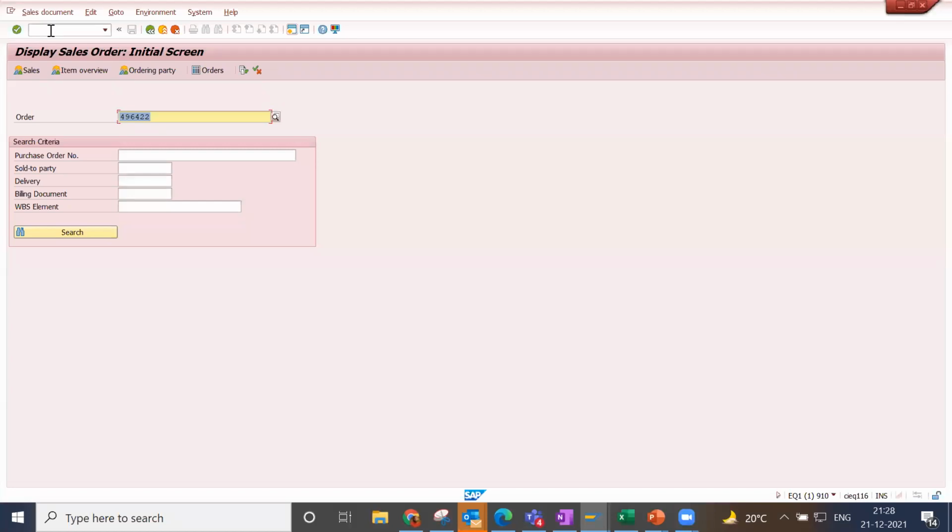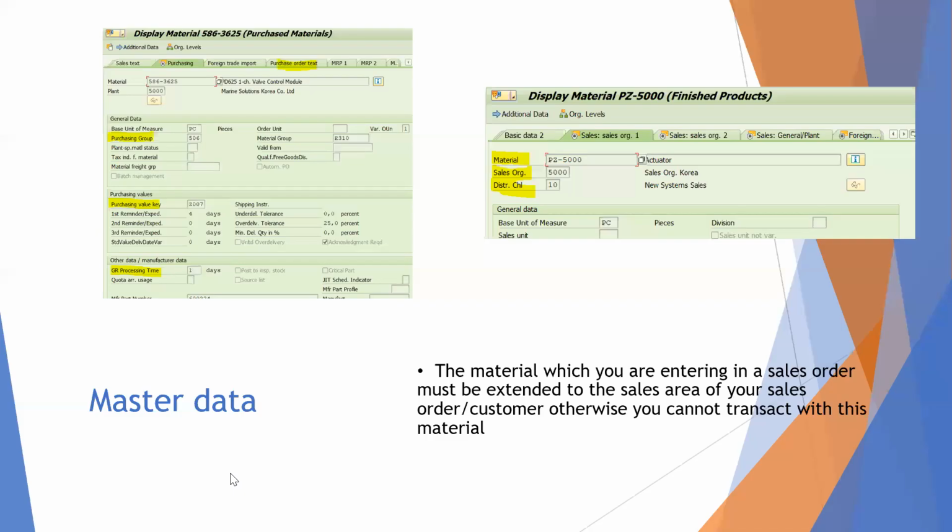Farid bhai, at this point I just wanted to tell all the participants, I think you have already understood. From a material master perspective, we already created materials, so you're not going to create a separate material for the sales order. That is what you need to understand at this stage. You are extending those materials.